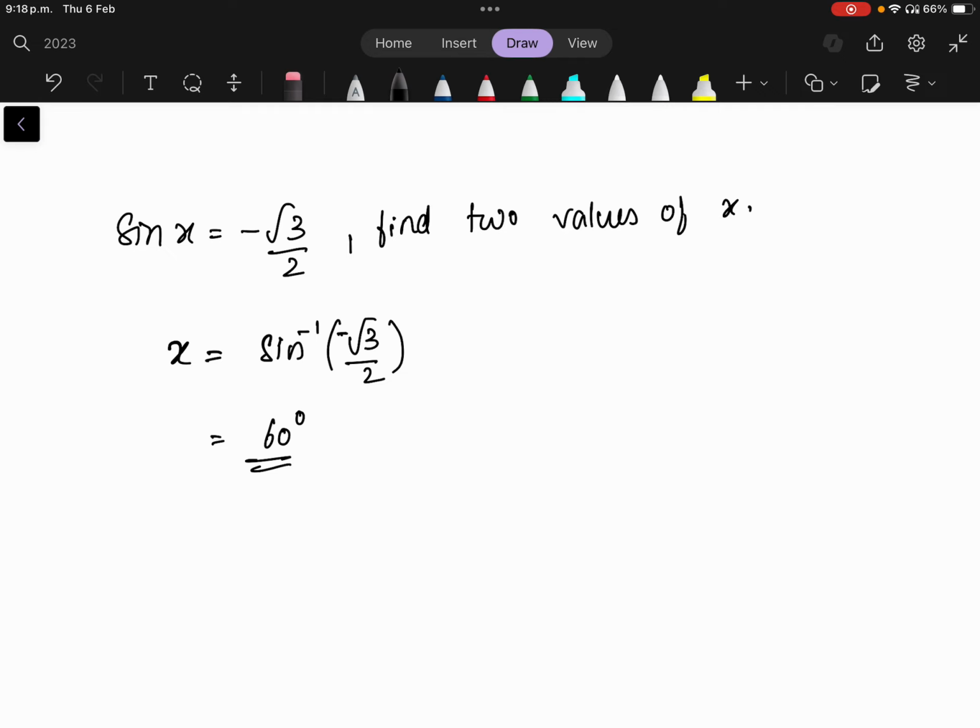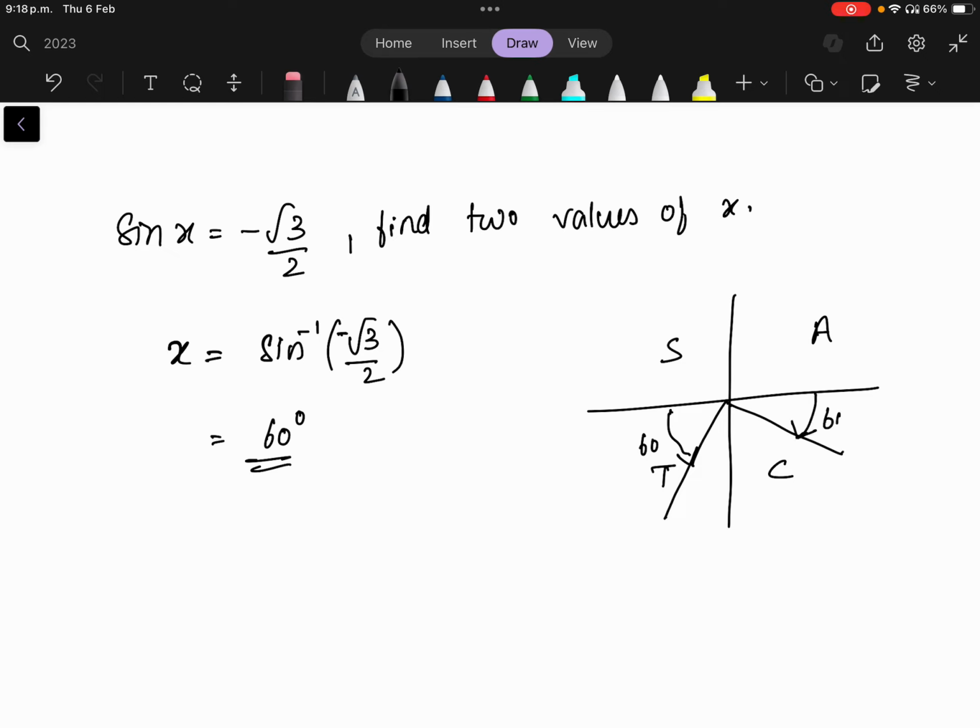Okay, you will get 60 degrees, and it can be 60 degrees in the third or the fourth quadrant, because of ASTC, so it can be in the third or the fourth quadrant. Okay, because sine is a negative value. Now in the third quadrant, it can be this one, 60 degrees, or it can be this one, which is 60 degrees. Yeah, so in the third quadrant, what you can work with, x is equal to